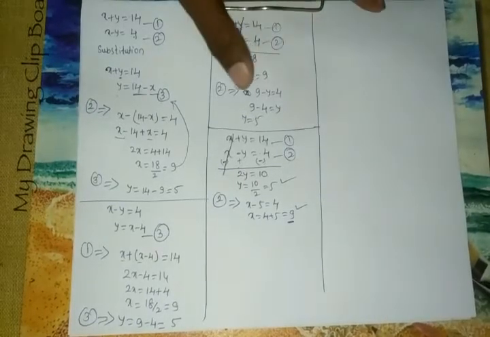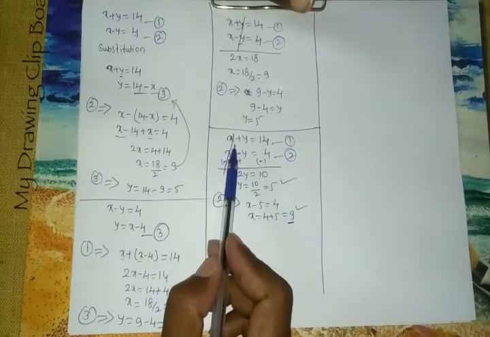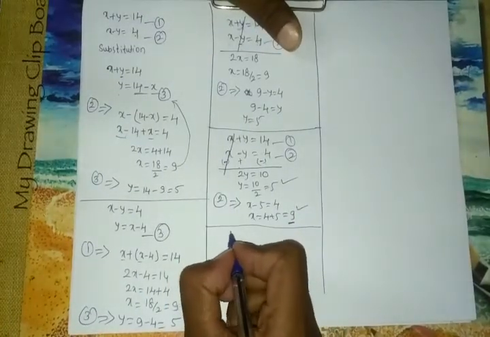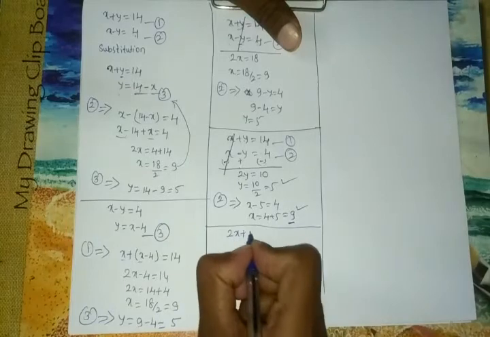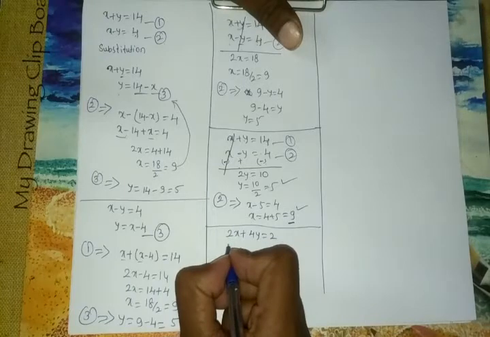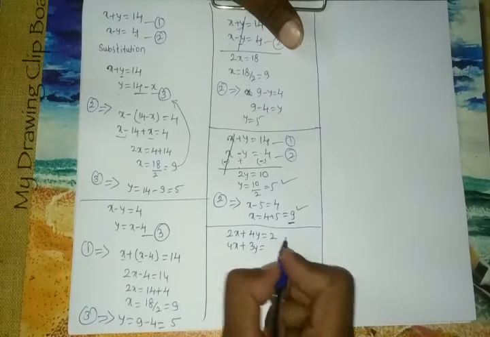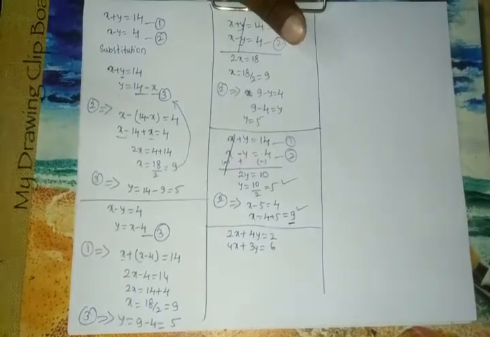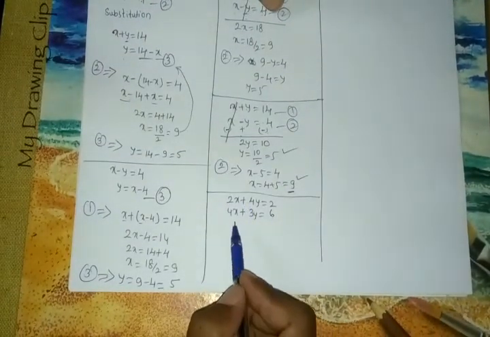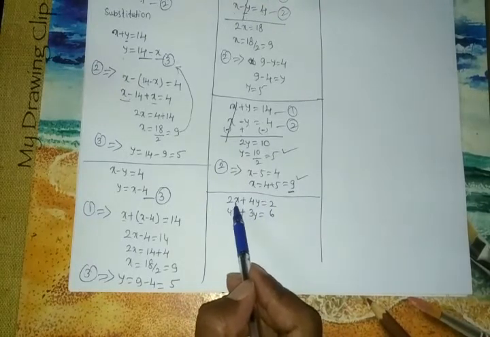Okay, so here we have the coefficient of x as 1 and of y as 1. So it is simple. Suppose we have some other values, like say 2x plus 4y equals 2, and 4x plus 3y equals say some value 6. Now in this case, as we said, we are eliminating one variable. You have to select any one. So let me select, I want to eliminate x.